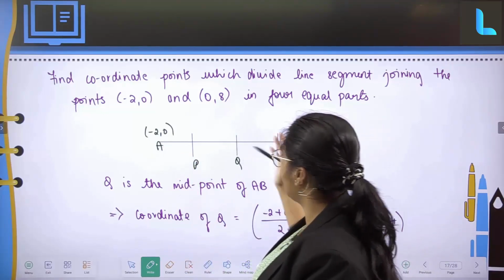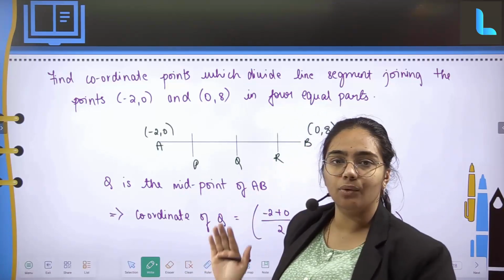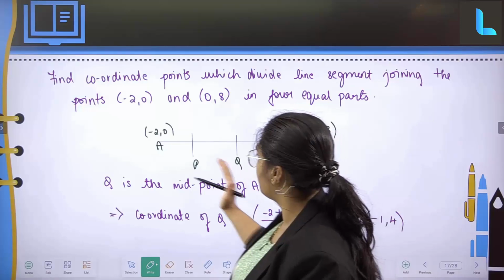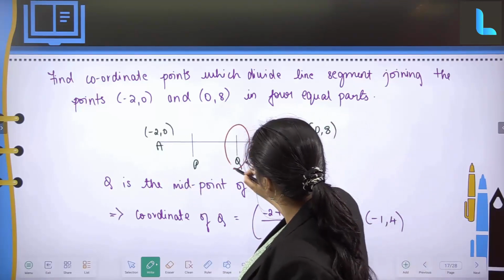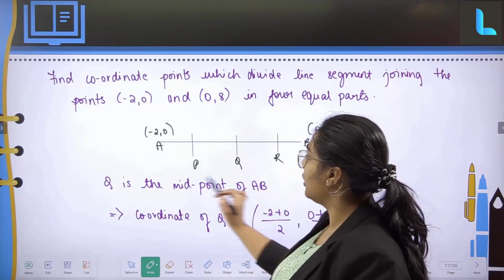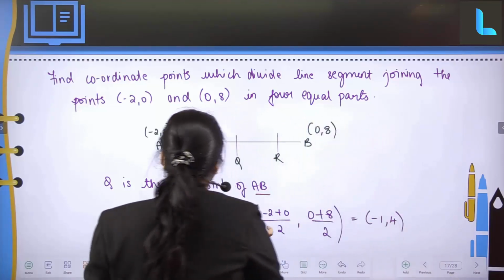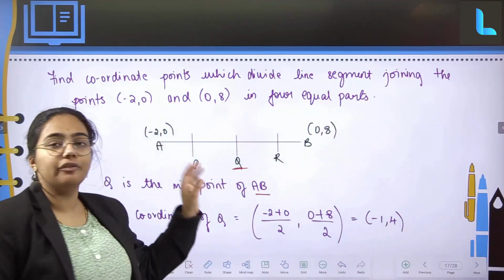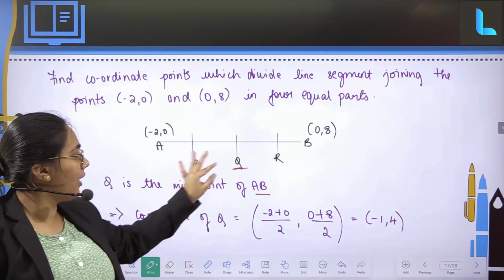Point A, point B, and while dividing, I will consider the points as P, Q and R. First and foremost, given all these points, if you can observe, this Q is going to be the midpoint of this line. Agreed. So Q is the midpoint of the line AB. Given that, the first thing I can find out from the given information is point Q.